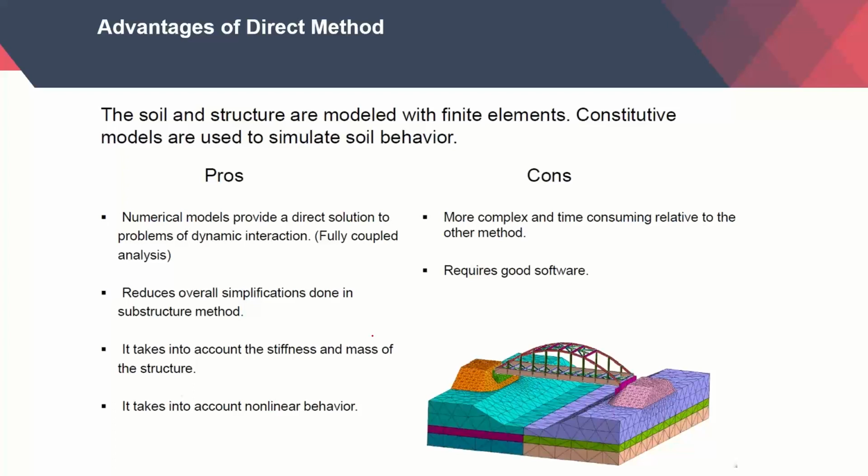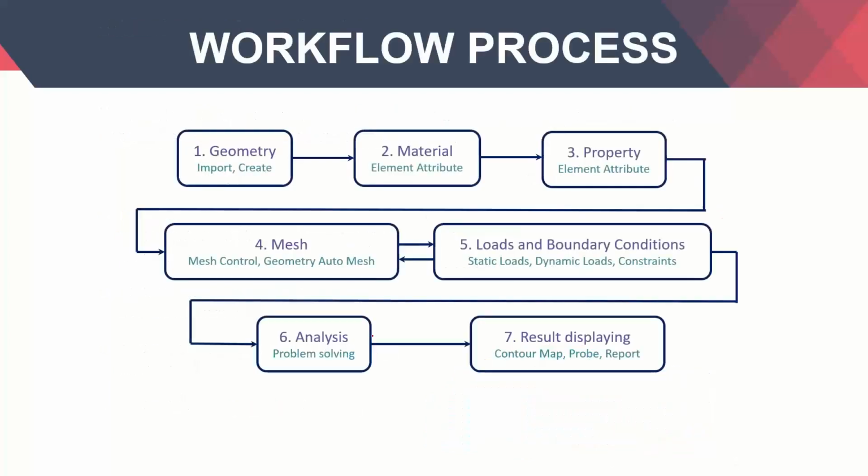So before we jump into the numerical model, I'll just show you the workflow process. So we start with the geometry. Either you can import or create a geometry in FEA NX. Then you create the material properties attributes for the ground elements or the structural elements. Both part 2 and part 3 are interconnected, so they can be done at the same time. Then the fourth will be the meshing part. In the meshing, you use the mesh control or you just mesh the geometry using the auto mesh option based on how you feel necessary. Then you go for the loading and boundary conditions.